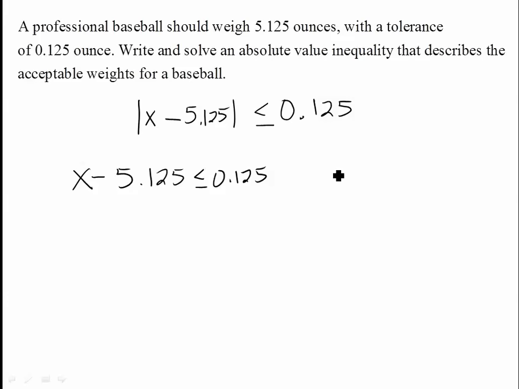The other possibility is that x minus 5.125, the tolerance that we're going to focus on, is negative 0.125. This would be baseballs that are lighter than the ideal weight. And since it's lighter, it could be lighter by at most 0.125, or it could be lighter by 0.1 or by 0.05. And all of those numbers are,